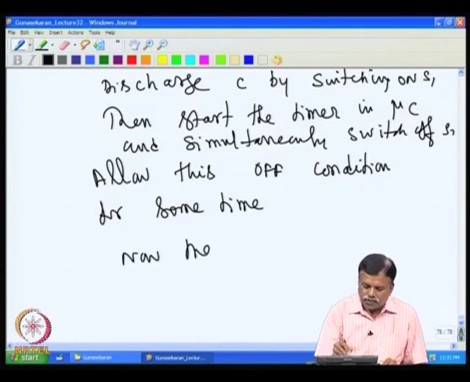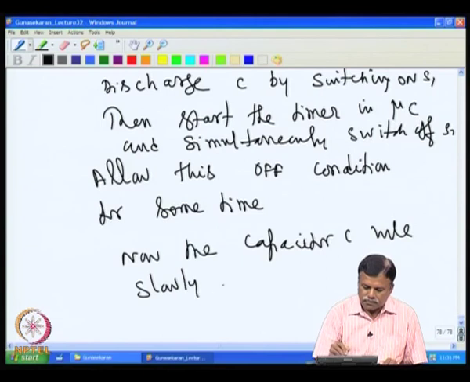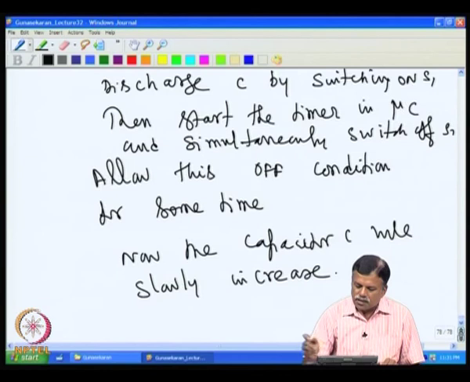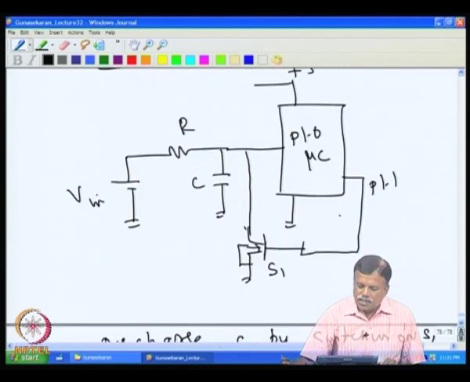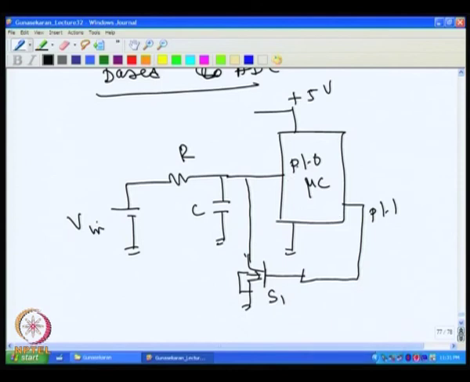Now, for example, many of the microcontrollers have inbuilt